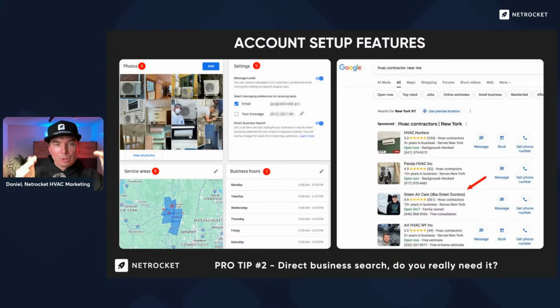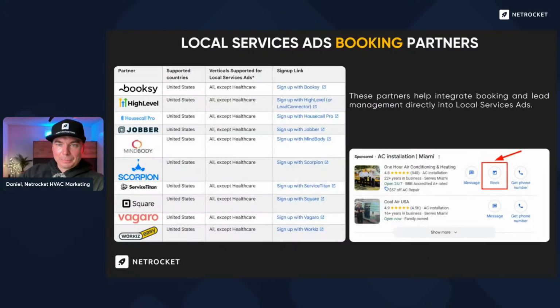Set up your business hours where your team is available, your dispatch team is available, and your managers can answer the phone and serve the client, because this is one of the biggest ranking factors: whether you are actually answering the phone or not. And on the right side, you can see the example of the Green Doctors company from New York. This is how the faces in the photos will help your company rank higher and get more traffic.